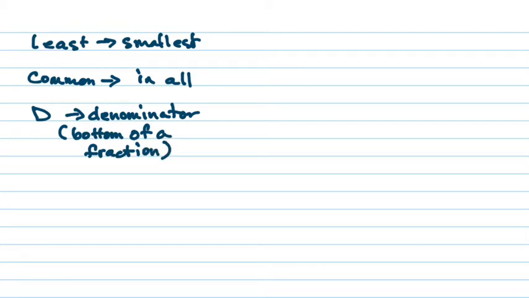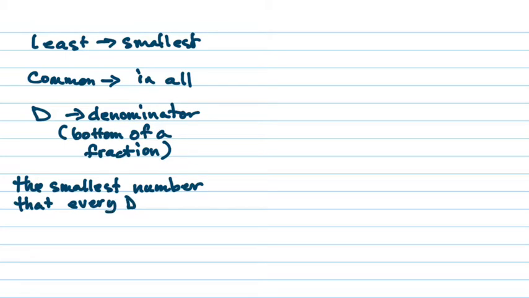So I'm going to give you a definition for this. It's the smallest number. And when you move to algebra, then you'll be dealing with other types of denominators. But for us at year 8, it's just always going to be a number. The smallest number that every denominator, and capital D is always the abbreviation for denominator, I'm not going to write it out anymore. Okay, every denominator will divide evenly